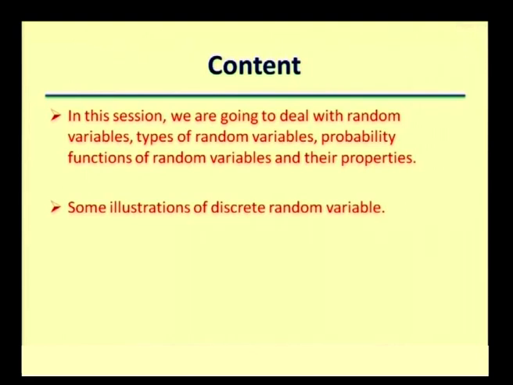Welcome to UGC lecture series. The course is Statistical Methods 1 with the subject code STP202. In this session, first of all, we are going to deal with random variables, various types of random variables, probability functions of random variables and their properties. We are also going to discuss some of the illustrations of discrete random variable, which is one of the types